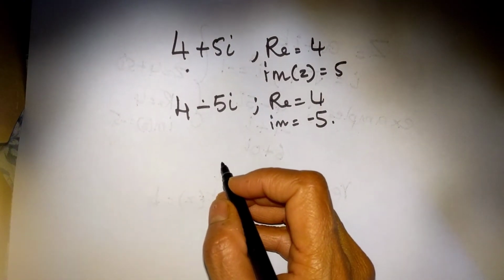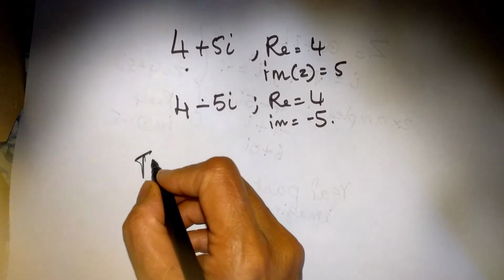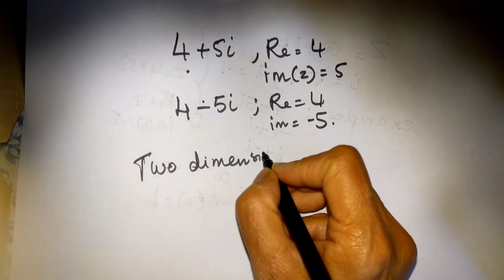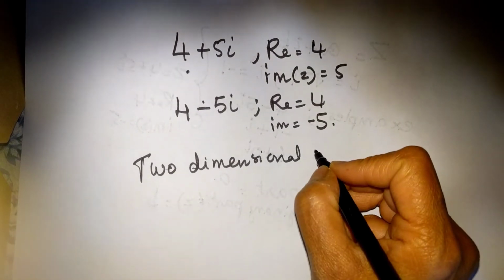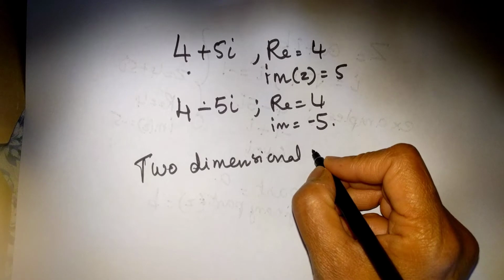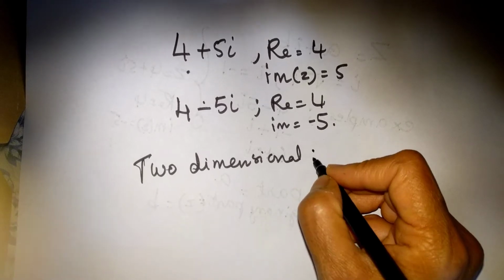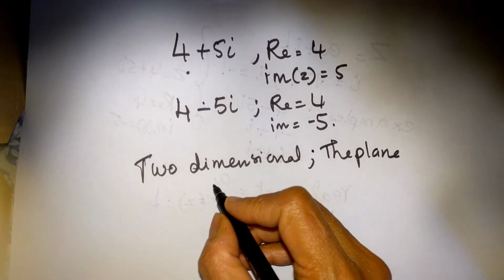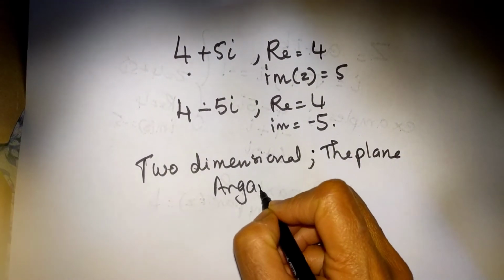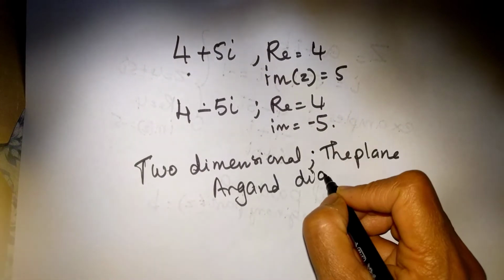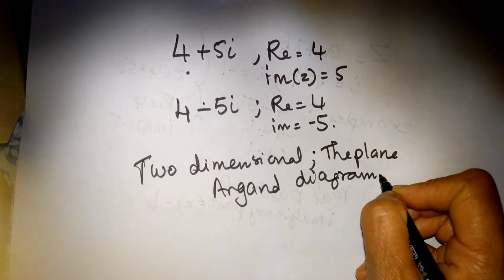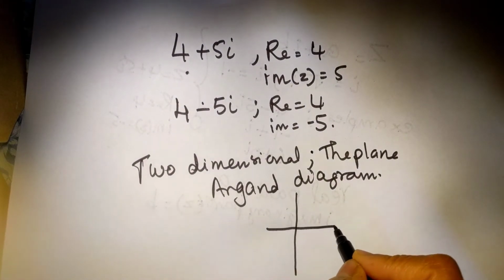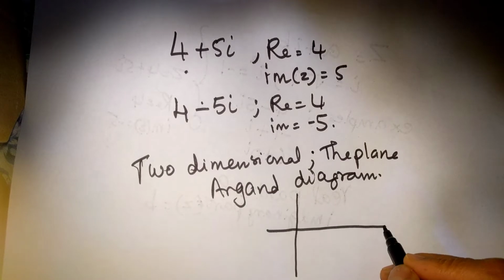Complex numbers are two-dimensional, which means that I can represent them in a graph. And because I'm able to represent them in a graph, the plane is sometimes called an Argand diagram. So, for example, if I drew a graph for the same one which is on the top,